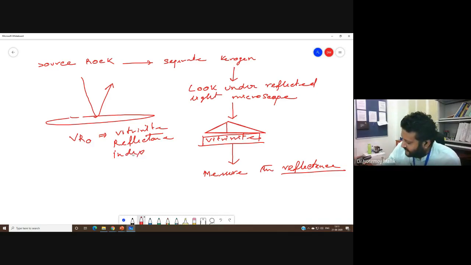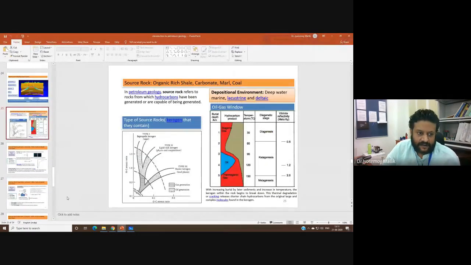And that vitrinite reflectance index will provide you a clue of whether that particular source rock has been matured enough or not. If the vitrinite reflectance index is less than 0.5, you say this is perhaps not matured enough to create any oil or any thermogenic gas. If it is between 0.5 to 2, you will say yes, it is perhaps well within the catagenesis window. And if it is around 1.2, 1.3, then you will say, yes, this has maximum chances of creating oil and gas, more like oil, right?